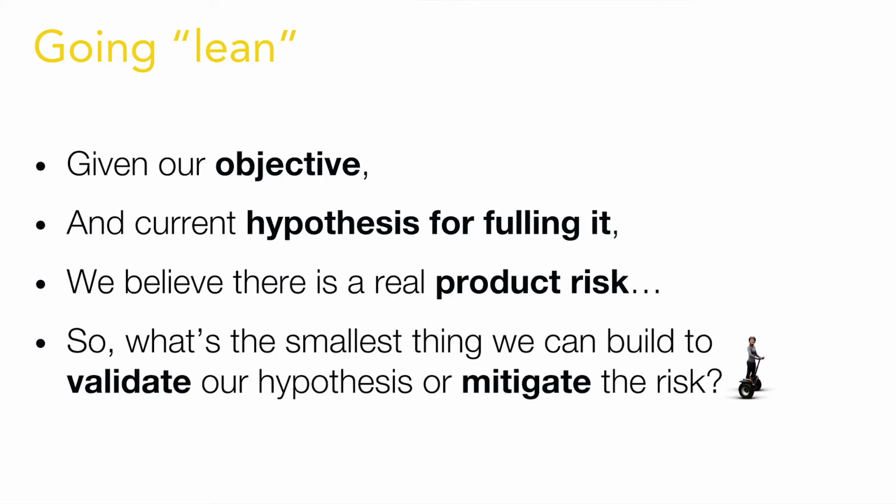But it's this type of risk that we want to start to learn how to see and evaluate, and ask the question, is this something that we can learn about? Is this something we can do research to mitigate? So there, I think, if we wrap up this whole lean mindset and just sort of reframe that idea of